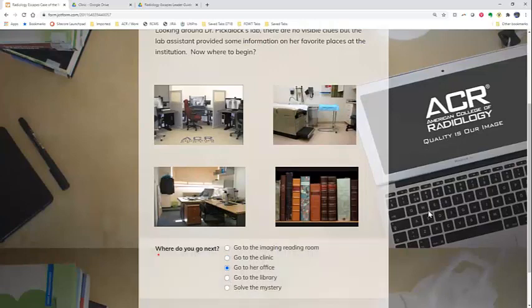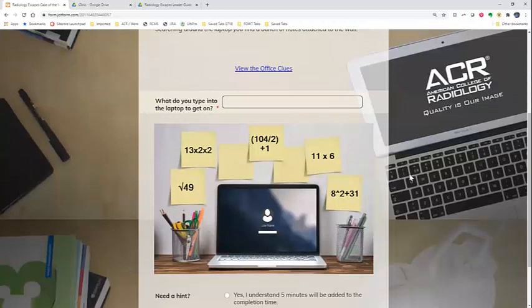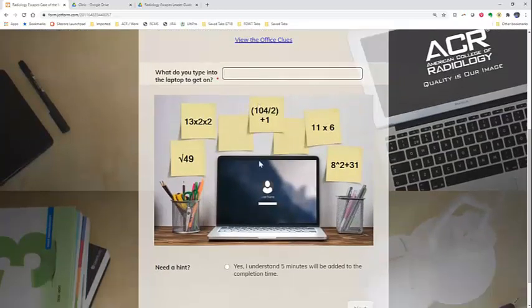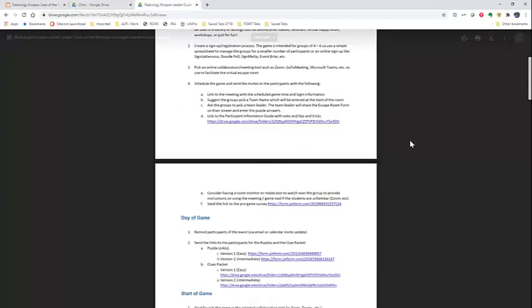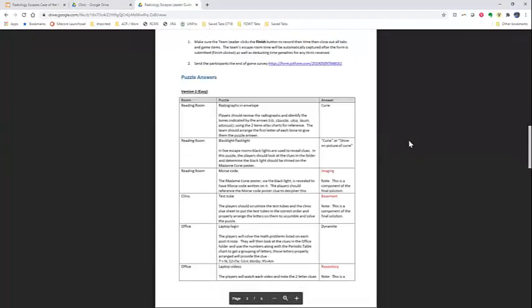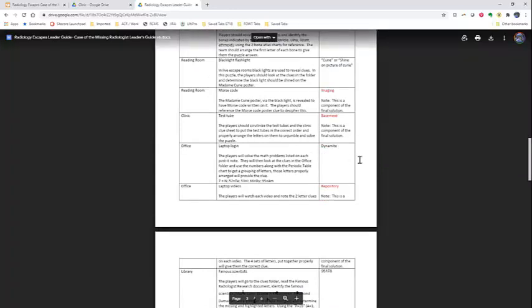We're going to just go to the office real fast. The office, oh, there's a math clue. I know those are Joan's favorite. She loves math. Oh, here's another thing, and I will send this out. We have a leader's guide. So in the leader's guide, I have all of the answers to everything. The laptop login is,